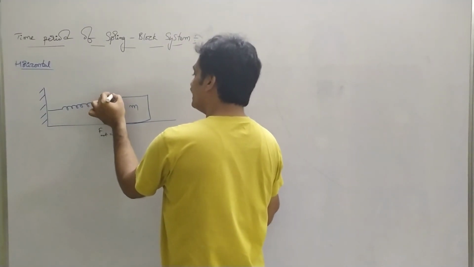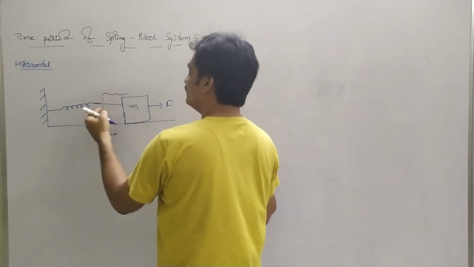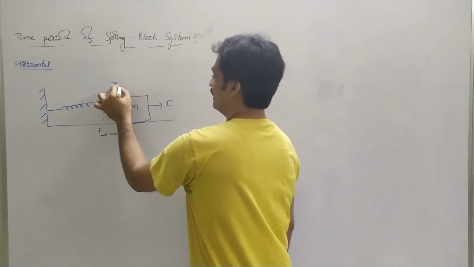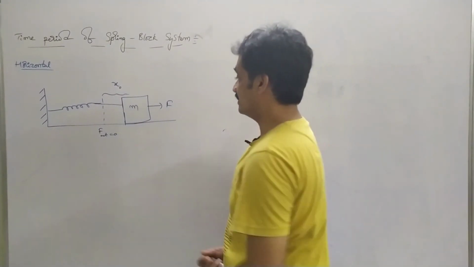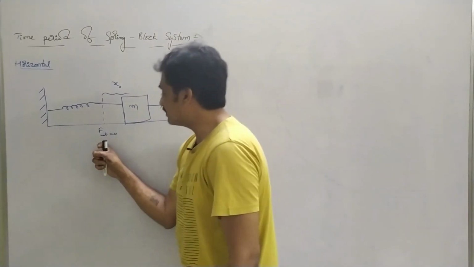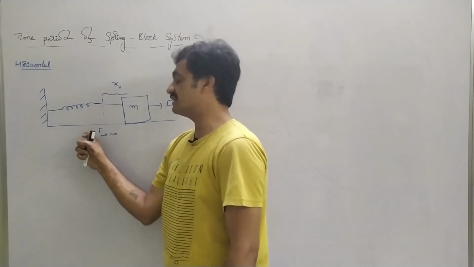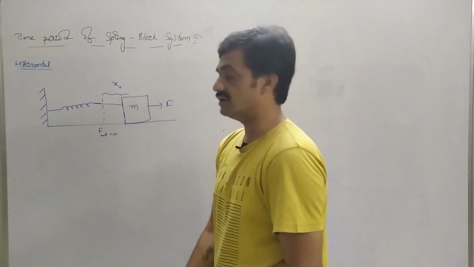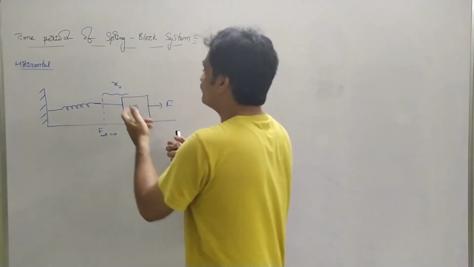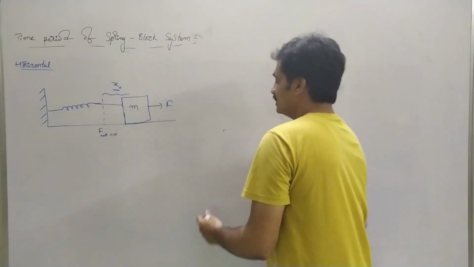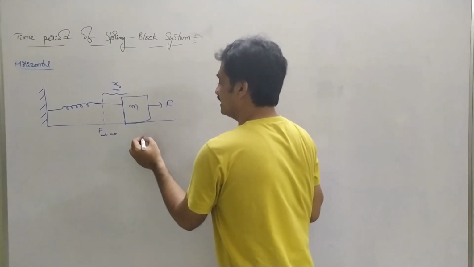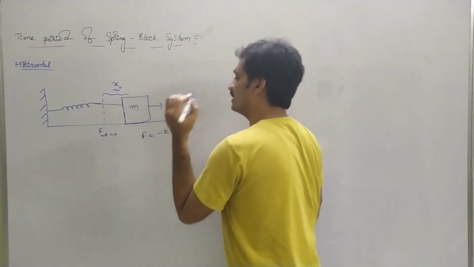Observe that by applying a constant force F, the spring has been displaced by a displacement x naught, due to this force of this mass. Initially we represented the equilibrium position, where the net force F net is equal to 0. Now we apply a constant force on the body so that it displaces by an initial displacement, so that the net force is not equal to 0 at this position. Then we can represent that F is equal to k into x naught.